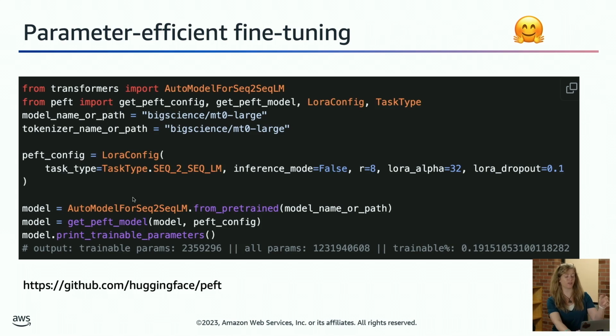We pass it with the config. So it takes both the model and the config, and then you can see which parameters we're going to train. So get trainable parameters. So here we are, out of all of the parameters, that's about 1.2 billion parameters, right? Because we have 3, 6, 9 spots, so about 1.2 billion parameters. And then of those we're training about 2.3 million parameters, which is just under 20% of the model. So that's an extremely efficient fine-tuning.